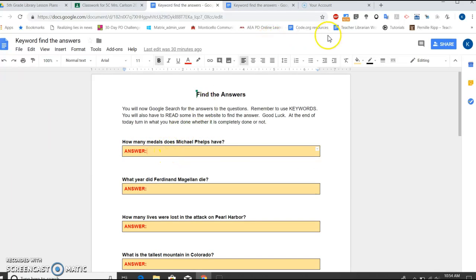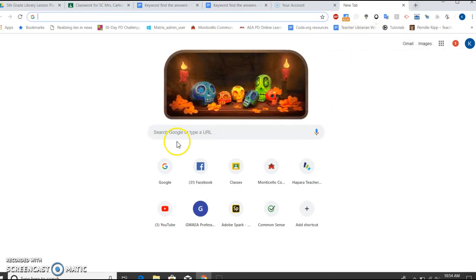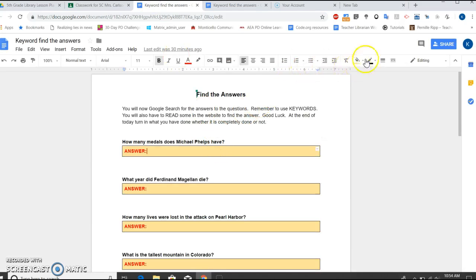Okay? There are a couple of ways you can do this. You can have two tabs open, so you can have a Google search tab open over here where you type in what you're looking for and then you go back to your Find the Answers document. Or you can use tab resize, and that is up in the corner of your Chrome,